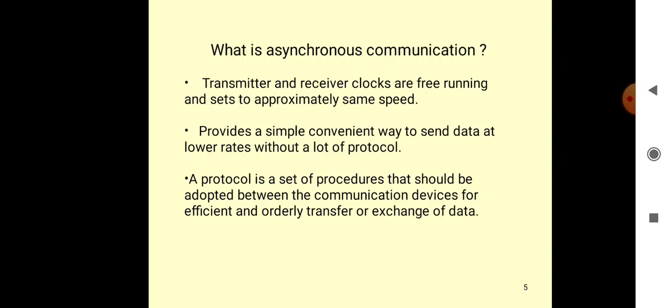Asynchronous communication specifies that transmitter and receiver clocks are free running and set to approximately the same speed. It provides a simple, convenient way to send data at lower rates without a lot of protocol. Generally, a protocol is a set of rules that are assigned to perform a particular task. Here, protocol is a set of procedures that should be adopted between communication devices for efficient and orderly transfer or